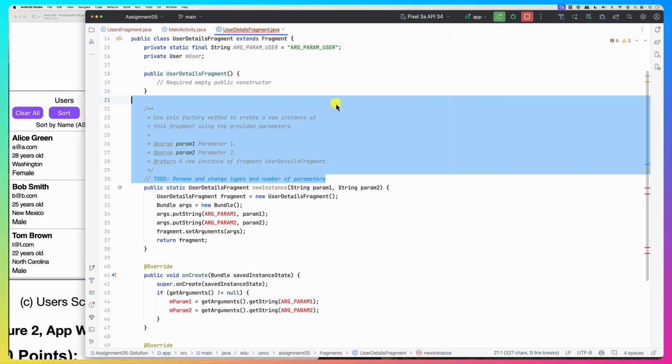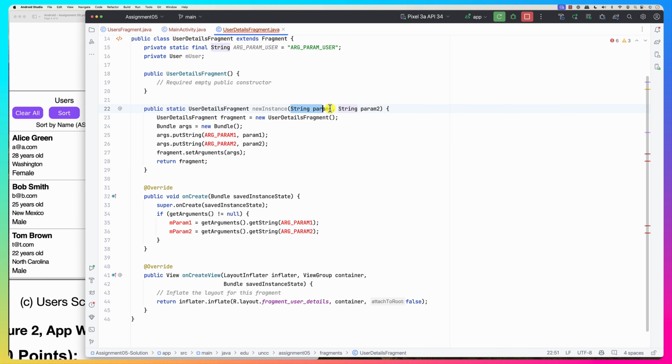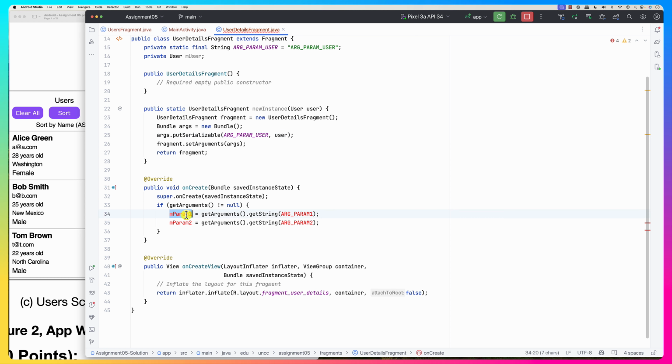We don't need all of this code here, and we're going to send you a user, right? And then we're going to put serializable arg user. This is the user you're sending me here, and in the on create